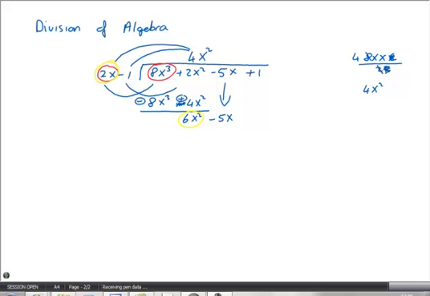Again, if you're having a little bit of trouble, you can say 6x squared, which is 6x by x, divided by 2x. So the answer here is 3x. That 3x then is going to multiply by the 2x and by the minus 1, and then those answers